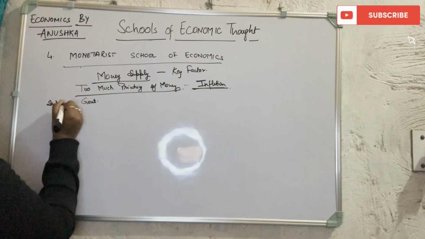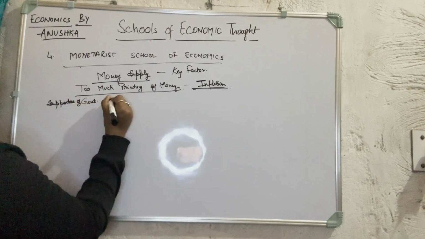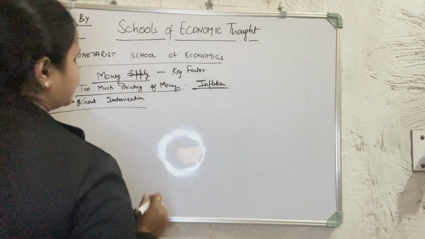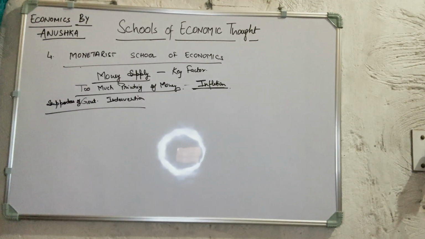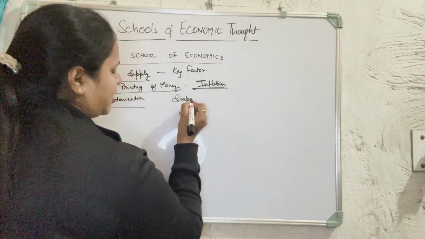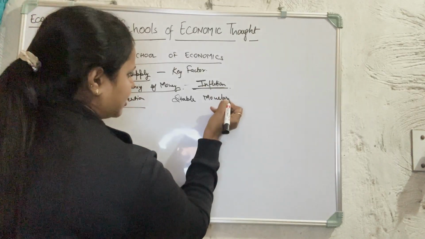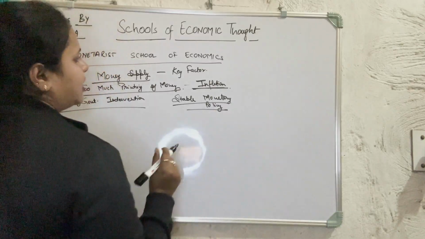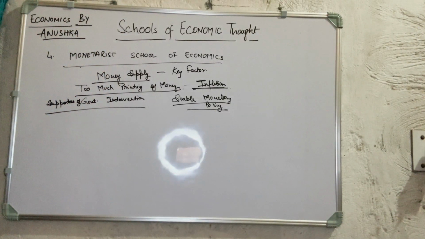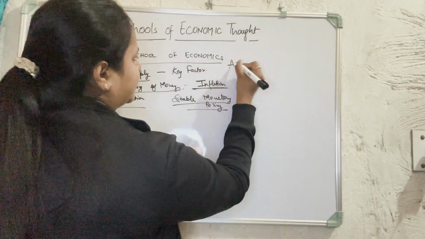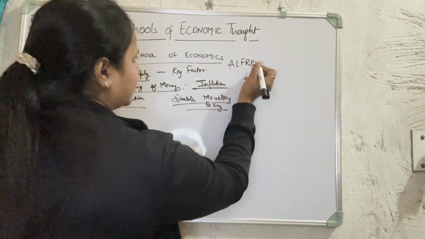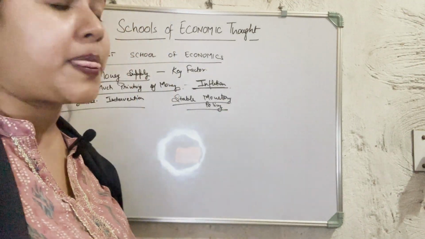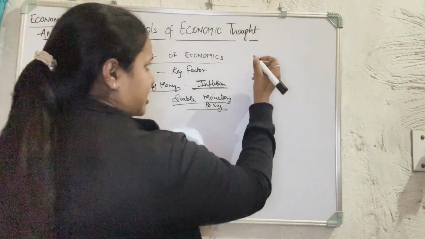They said that the government should intervene in a country's economy and should have a stable monetary policy, so that too much money is not printed and the economy runs smoother. The major economist in the monetary school of economics is